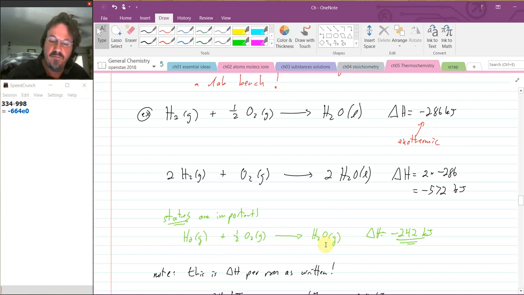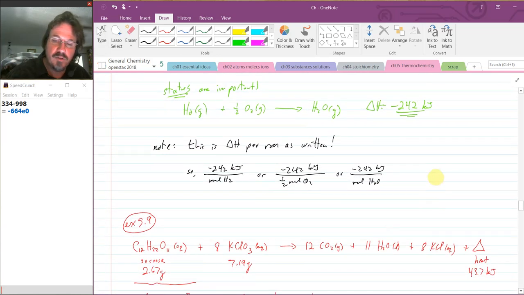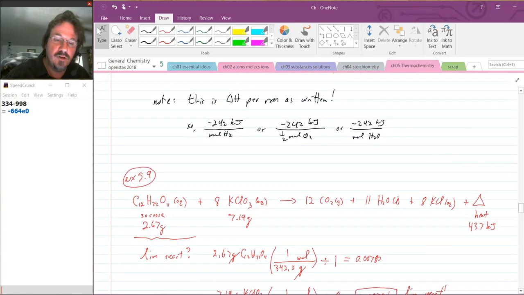Okay. Well, that's a different product. Again, a different ability to absorb or release that heat. The heat of that reaction is going to be different. Up here, when I did it, it was 286. If I keep it as a gas, actually it's 242, a different number. So you've got to be very, very careful with your reactions, how they write them, and make sure it corresponds correctly to the delta H that you're going to use.